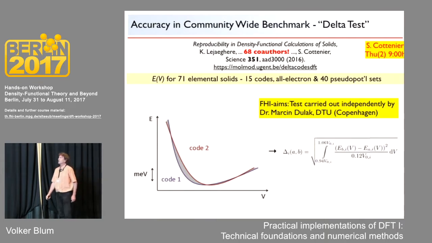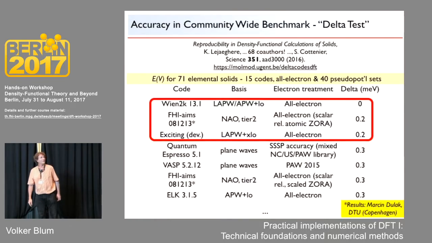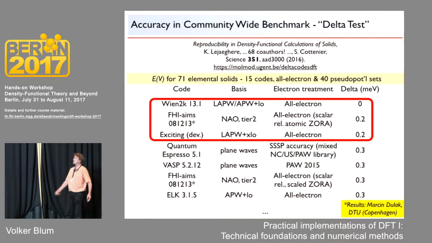And he did contact me at some point, but most of what he did, he actually did from the manual. He contacted me about a few tricky cases, like how to initialize antiferromagnetic chromium or so, but that was basically it. Otherwise, he did this by himself, and thankfully, the code held up with its basis sets where it was expected. That's why we wrote the thing in the first place, to be accurate, which is among the other all-electron